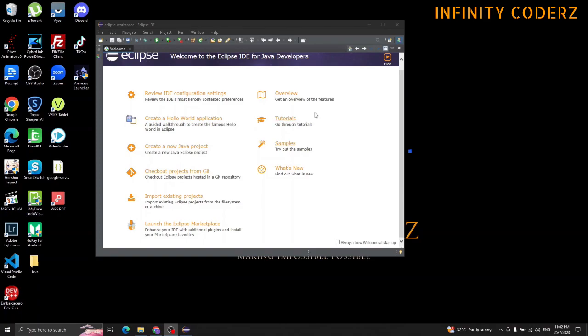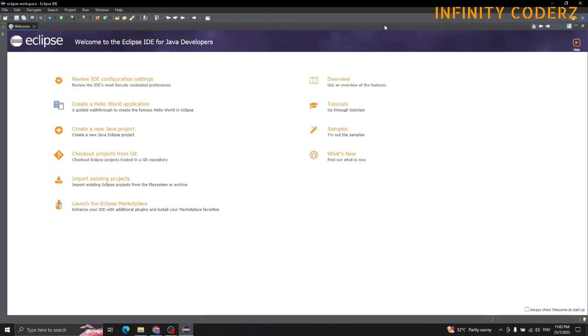Next, to create a new Java project. Since this is a very new project, you can actually directly choose to create a Hello World application if you are a new beginner who would like to start with a walkthrough on how to set up the Hello World. I would just like to go through the usual steps when you want to create a new project. So I'm clicking on create a new project.